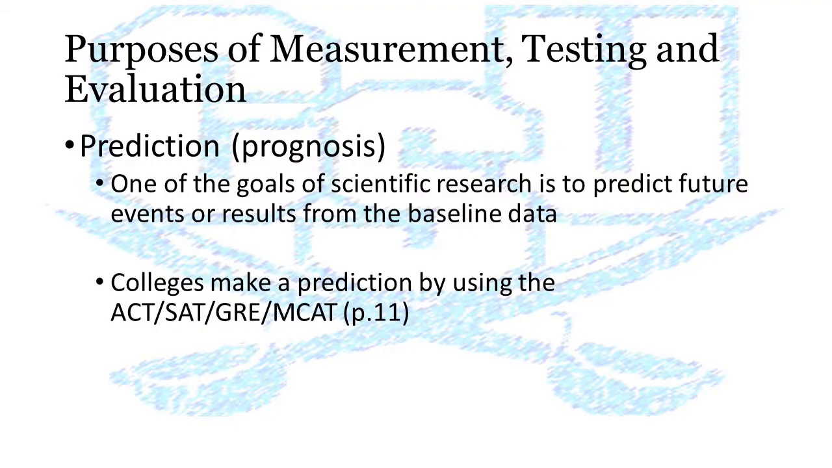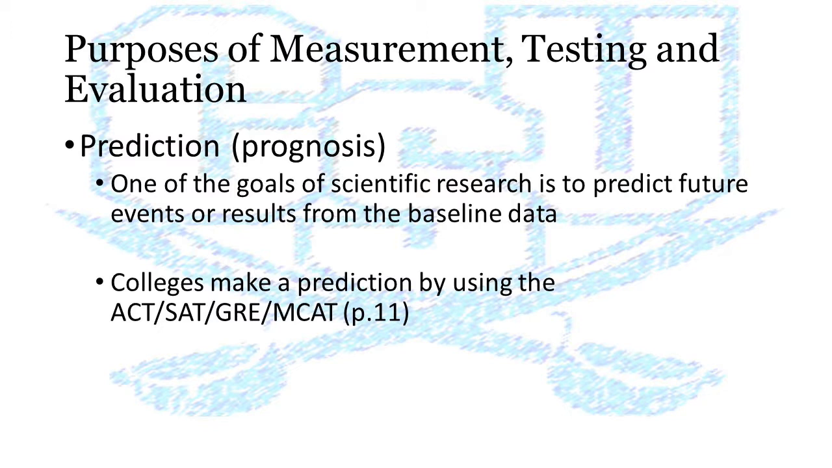So when we look at the prediction, one of the goals of scientific research is to predict future events or results from the baseline data. We've covered baseline data already, so let's talk about prediction. Universities will make a prediction of whether you will succeed or not based upon your ACT or SAT scores, or if you're going the graduate route, your Graduate Record Exam or your MCAT for those entering the medical field. It's making the educated guess of knowing where the client is now,